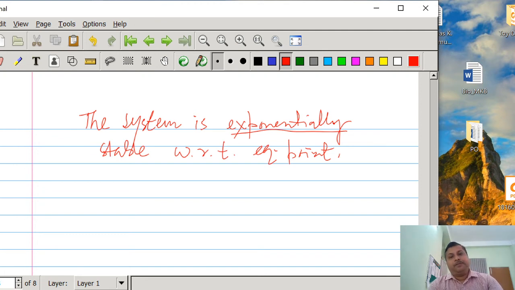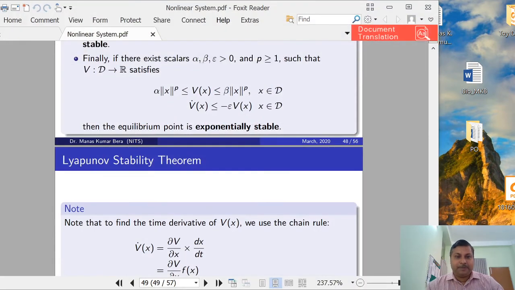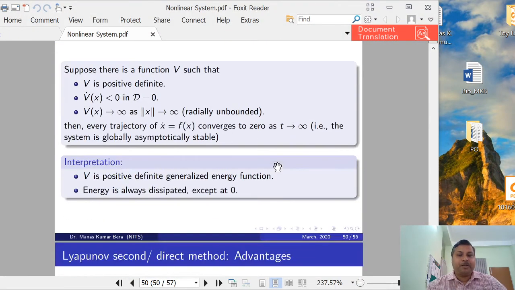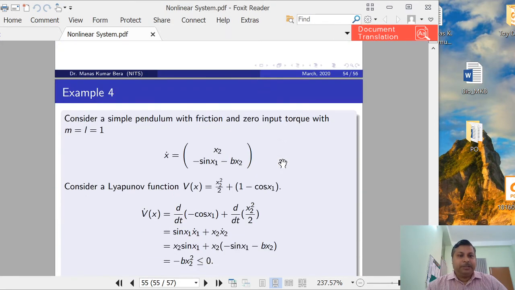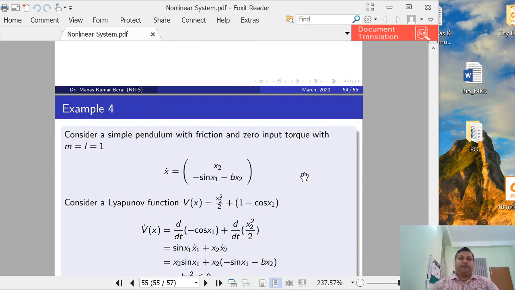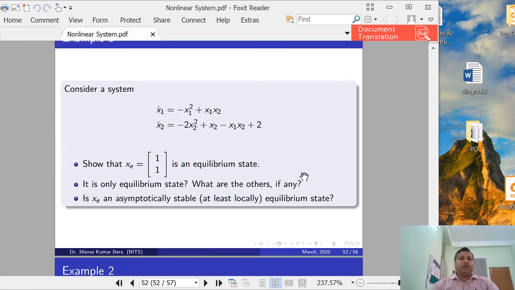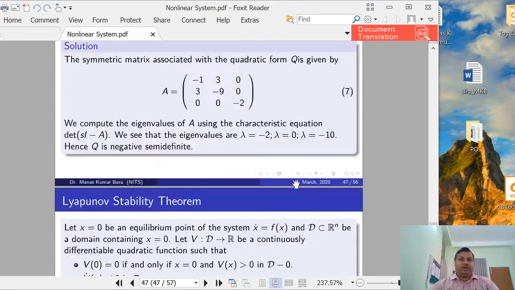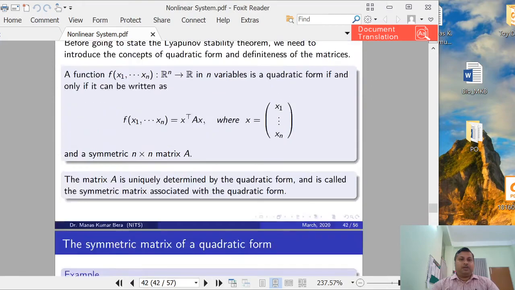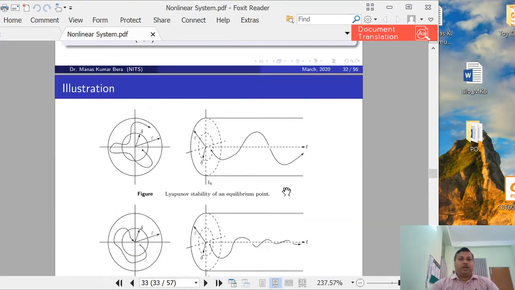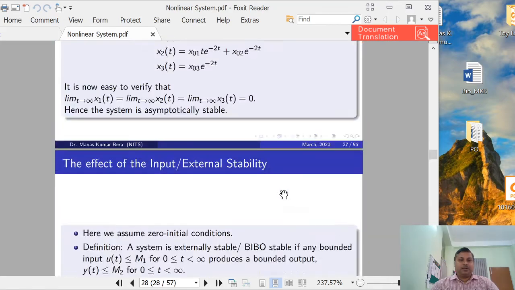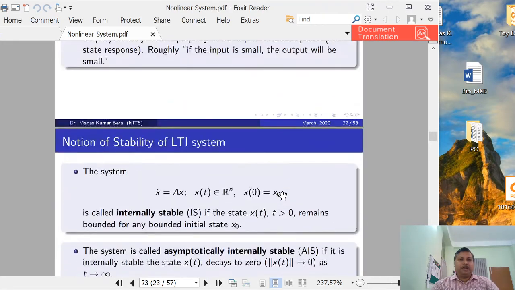And now for the fourth example, we will go through this slide. Here you can see the fourth example about the pendulum. Whenever we considered the pendulum equation and its linearization, if you can remember what we discussed, that is very important now. Let us go to that particular slide, then you can recollect it.